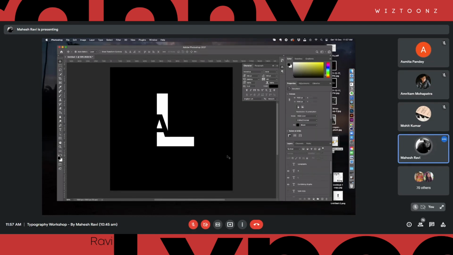It's just L. We are using just the space of L here, but it is also showing an A. Hope you're able to get it, right? It is not just one typeface, you can go ahead and do anything in here.